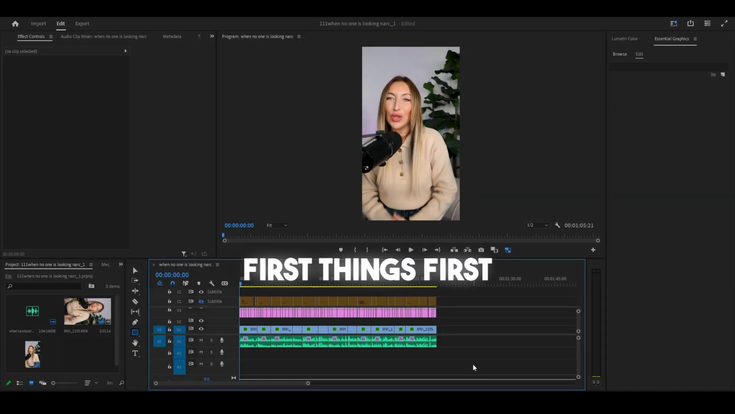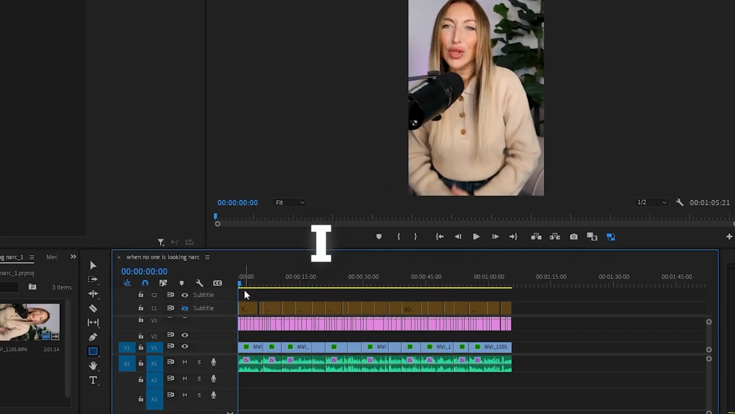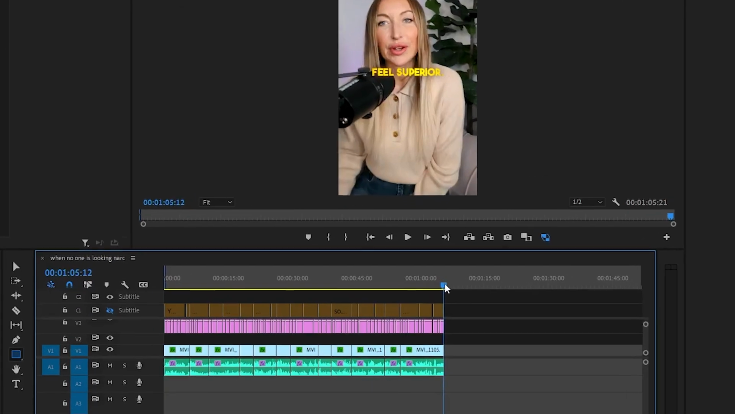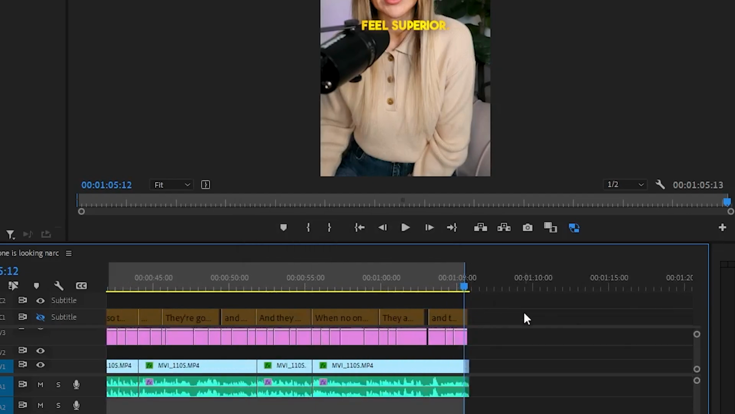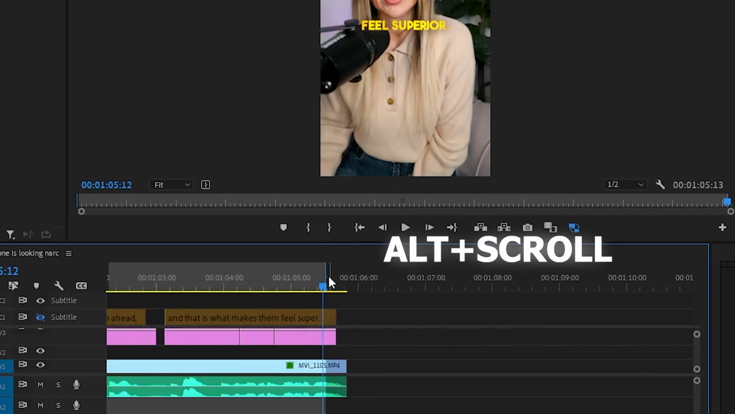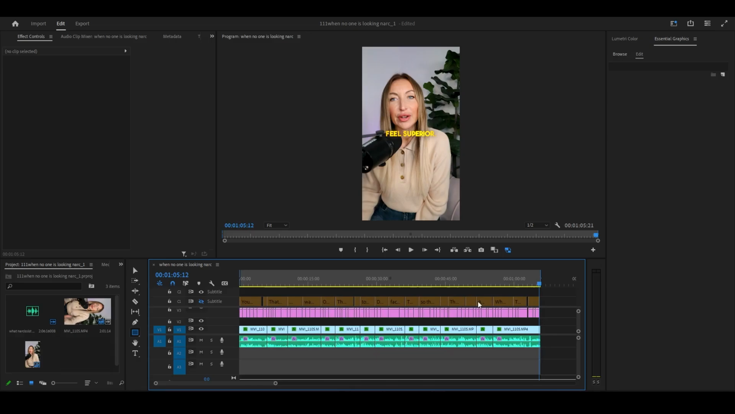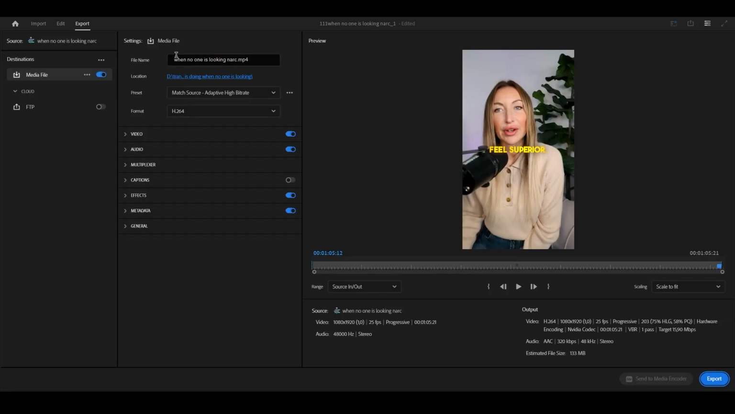Okay, so first things first, we are going to set an in point and an out point on our sequence. By pressing I, we are setting an in point in our sequence, and then we'll have to press the O button. I'm zooming in on the sequence by pressing Alt and scrolling. So basically we mark this area right here with our in and out point, and then we hit export right here. All right, so we check that everything is looking good with the title right here and also with the